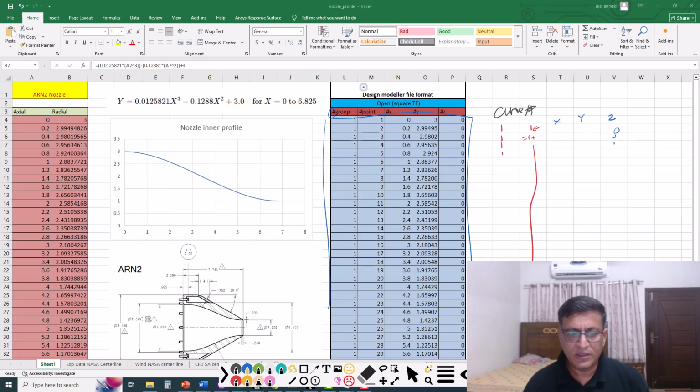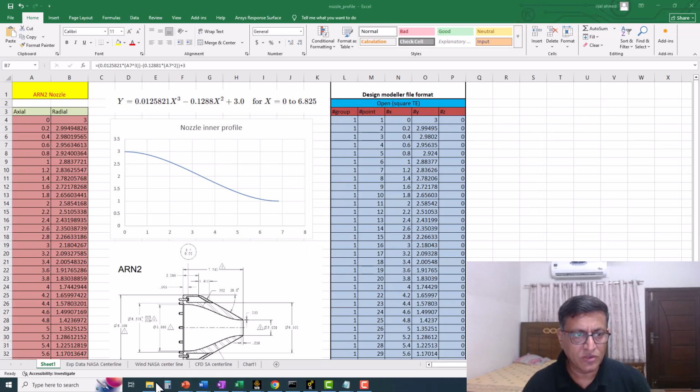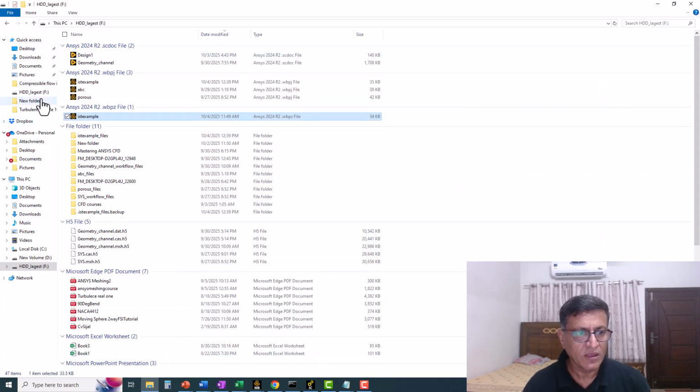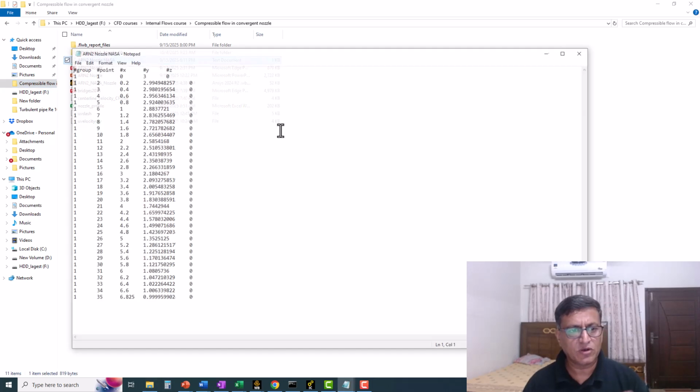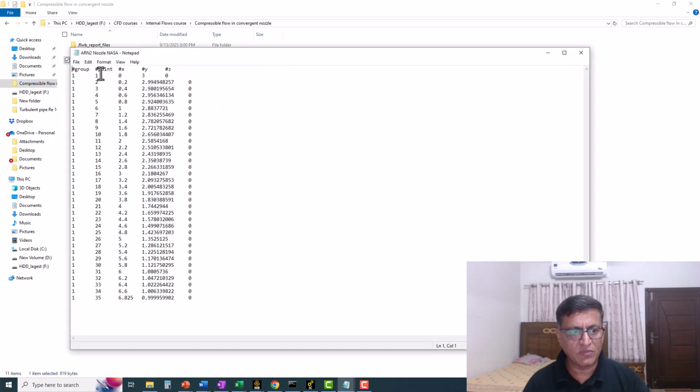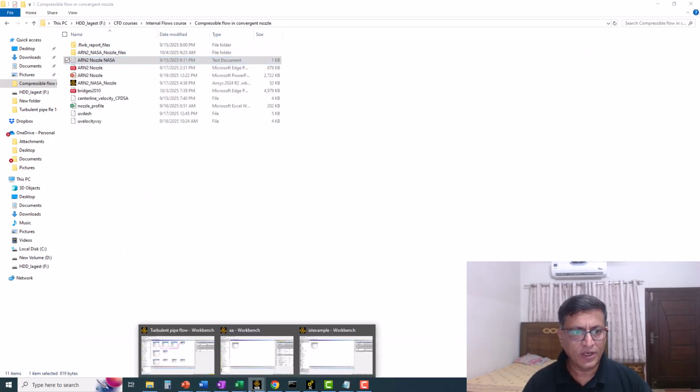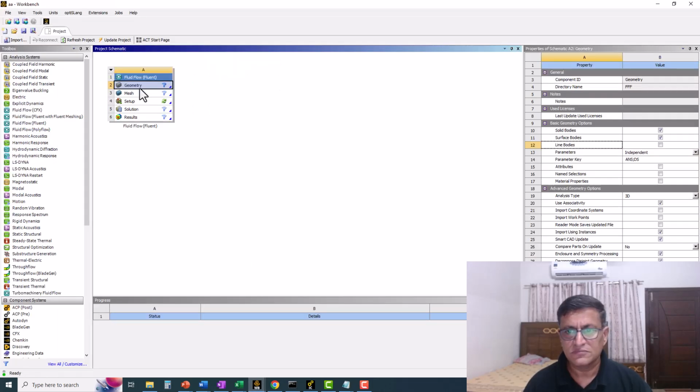They are not required in the file, but if you want to put them here, you have to put the number symbol. Okay. Then I simply copied this whole data into a simple text file. I just copied that data from Excel and put it in this form. Okay. So now what I'm going to suggest is that I'm going to open Design Modeler and